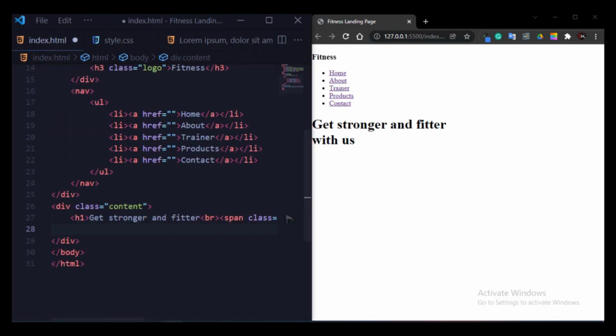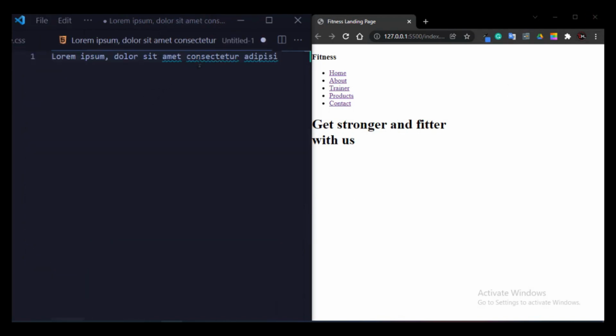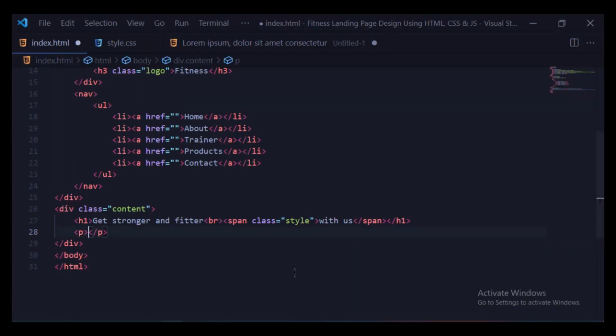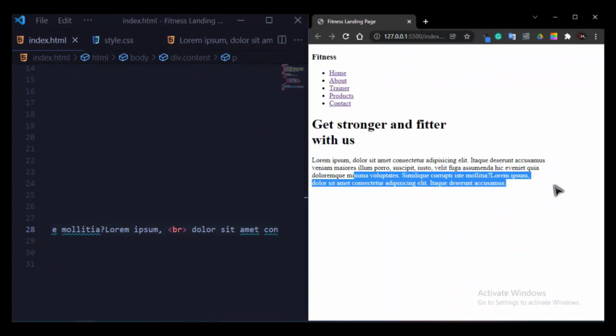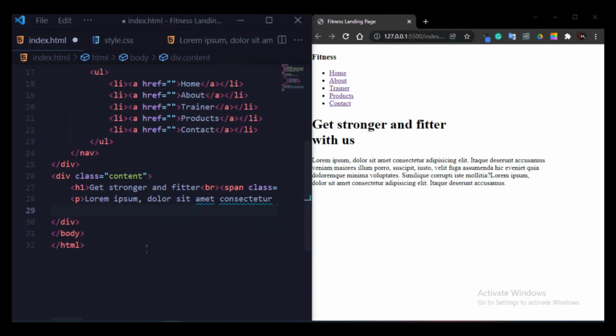And after that I will write the paragraph tag, so p, and I have already written the text here. So I just select and copy it and use it in my file, and just paste it here and save it, and the paragraph text is coming here. Okay, so after this I will create a button and import social media icons.